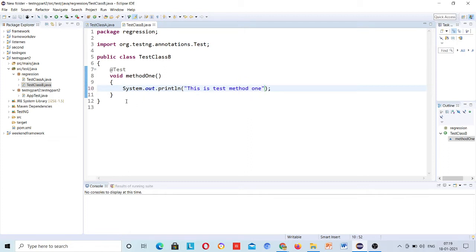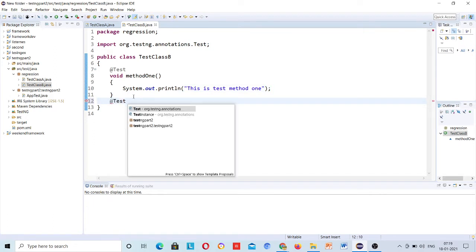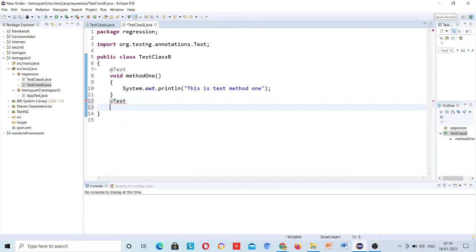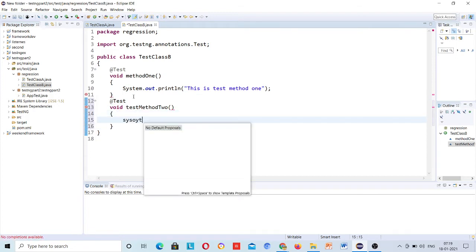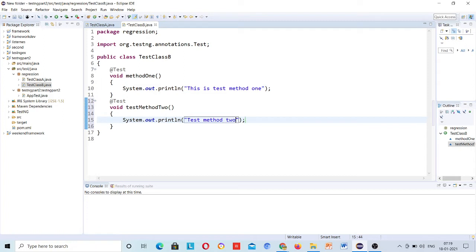I will create another one, @Test void test method 2, with a Sys out printing test method 2.